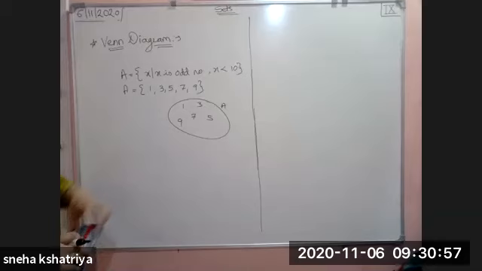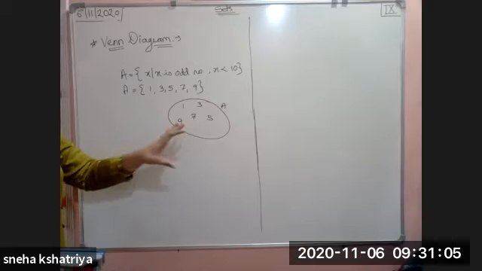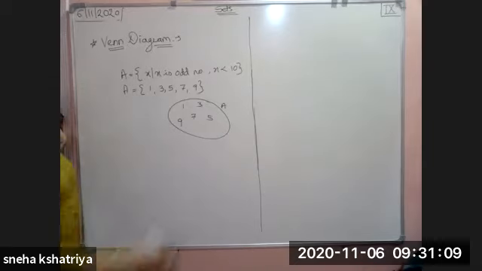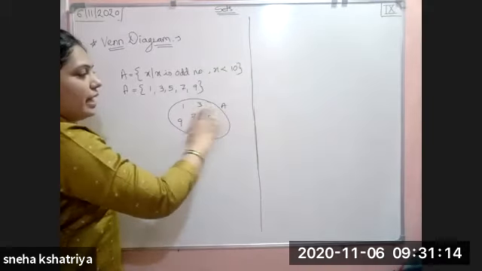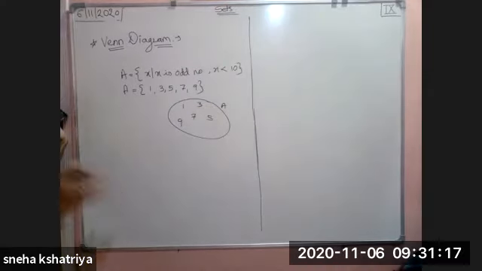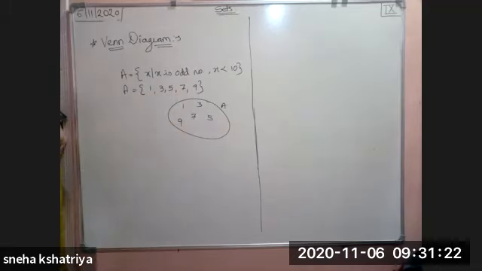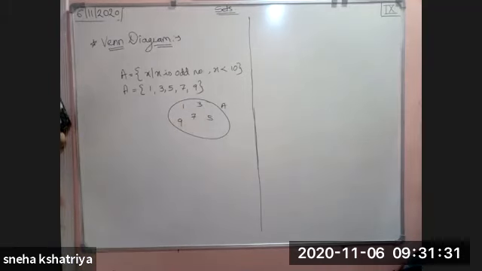Now, if I'm taking only one set, then it is okay. But if I'm taking 2 or 3 or more sets, then it becomes difficult to find out the elements of A, the elements of B, and the common elements in A and B. It is very difficult in such form, so it becomes easy in diagrammatic form. That's why we are taking it like this. Okay, Venn diagram.